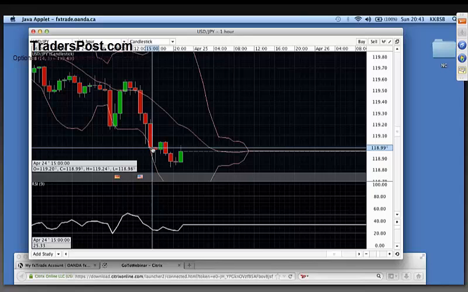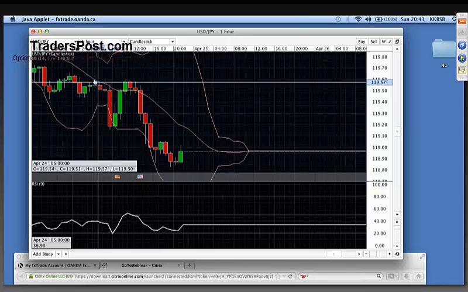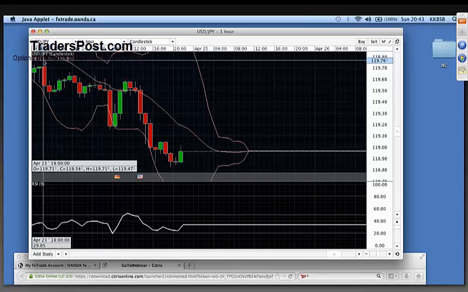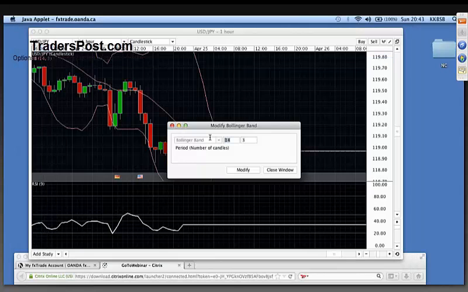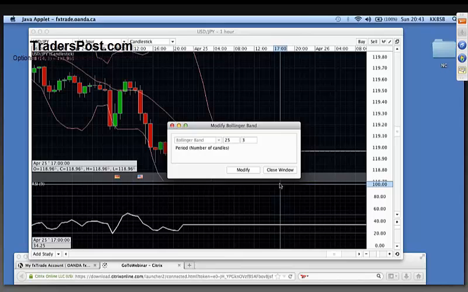Can I show them a slightly different Bollinger period for those that want to be a bit more... 25? Right, exactly. So what you see here, for those of you that are already using Bollinger Bands, is notice on the 14-period Bollinger, which is more sensitive, and the 3-period standard deviation. If I change that to 25,